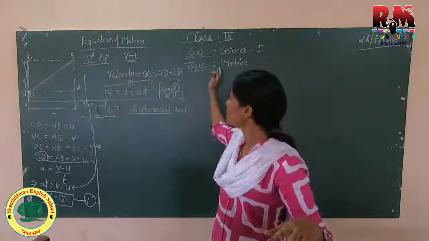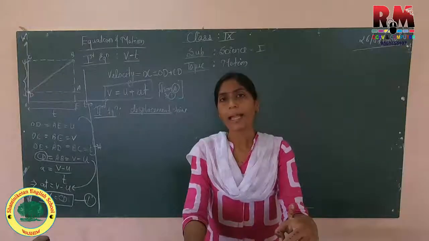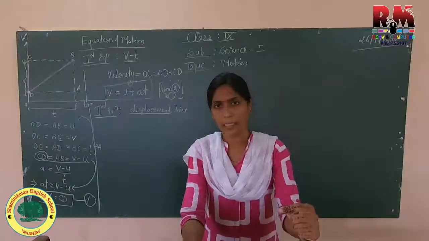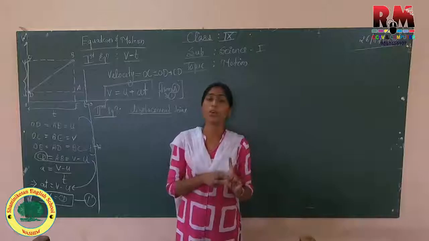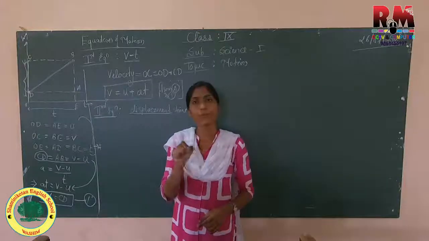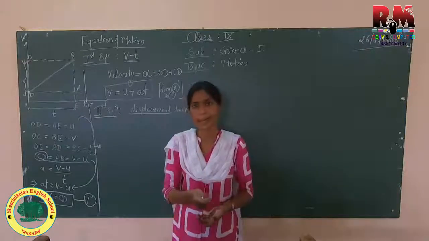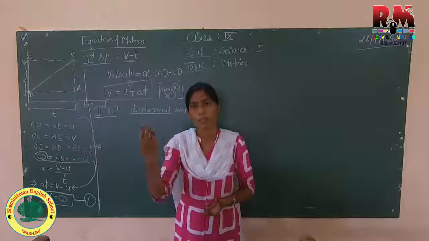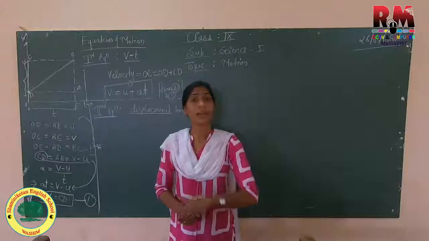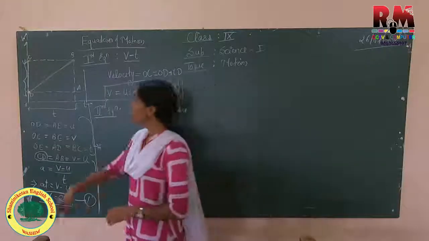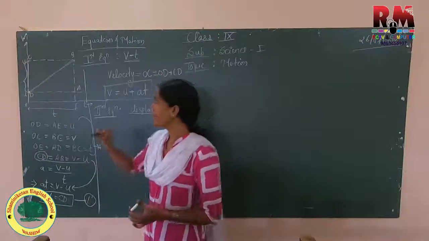If you want to find the distance of a given object, in the previous class, I took one graph, children. Finally we proved that if you want to find distance, the graph is between velocity and time. How do you find the distance? Either you can use the analytical method, using the formula velocity is equal to distance upon time, so distance is equal to velocity into time, or the graphical method I have explained: the shaded area. So distance is equal to the shaded area.